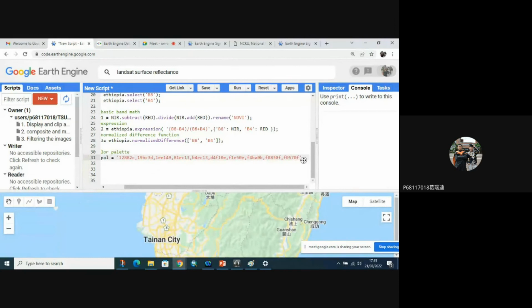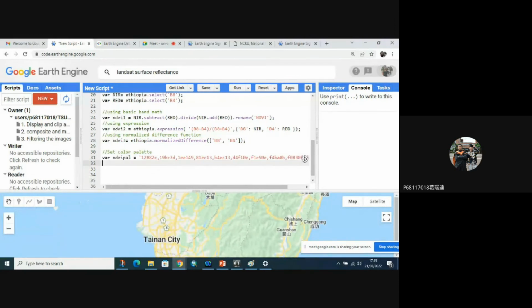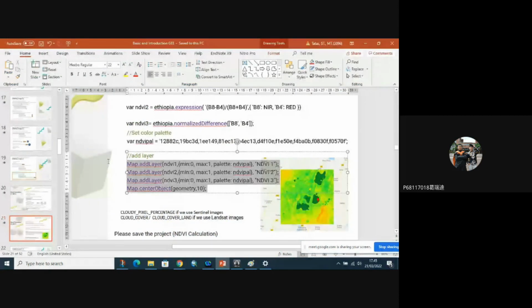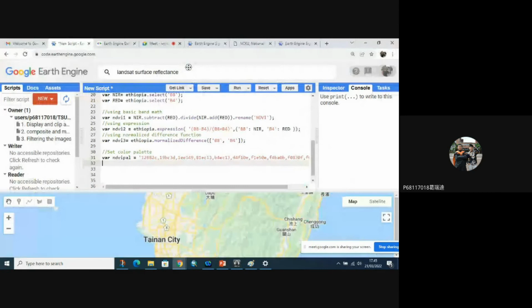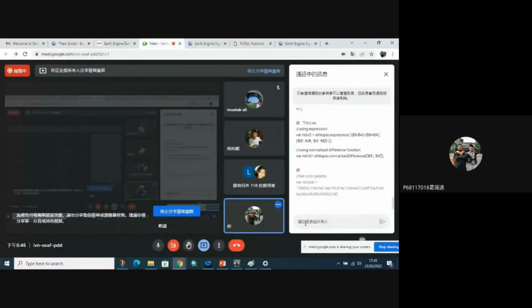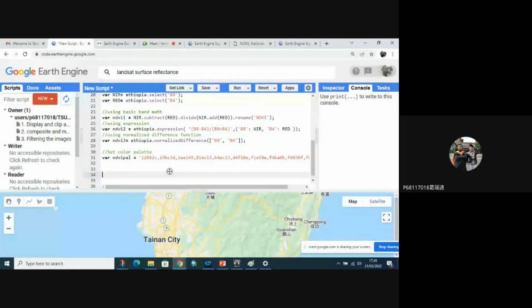Okay, the warning is gone. We already set the color palette and add a layer. It's the interesting part. I forgot to copy to all of you. Yeah, give the color palette to your NDVI.